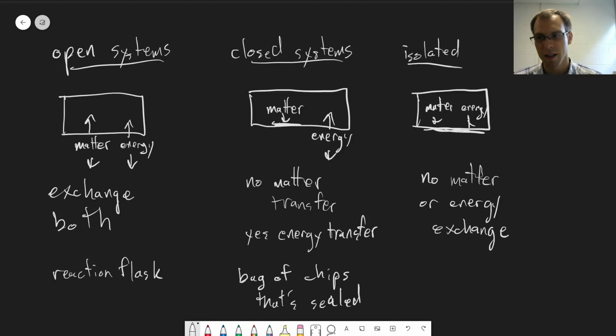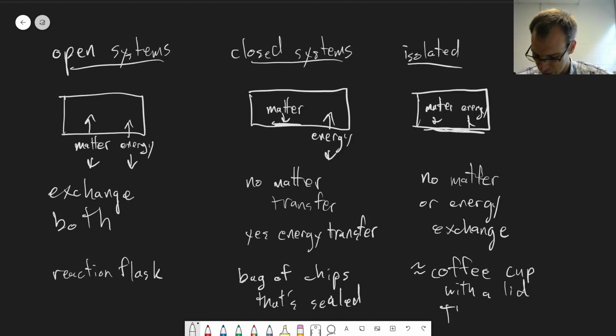Probably the closest thing, I'll say approximately, something like a coffee cup. Something that's trying to keep the heat in. You got to be specific here with a lid, or else you want to be isolated. A thermos is approximately a closed system, or an isolated system. Right, and so we can consider these different types of systems, and these will affect sort of what the properties of these are going to be like. So we're going to look at these different kinds of systems throughout our study of thermodynamics.